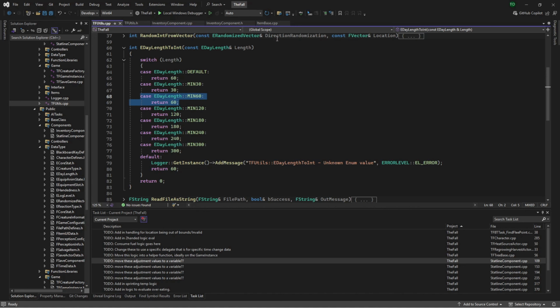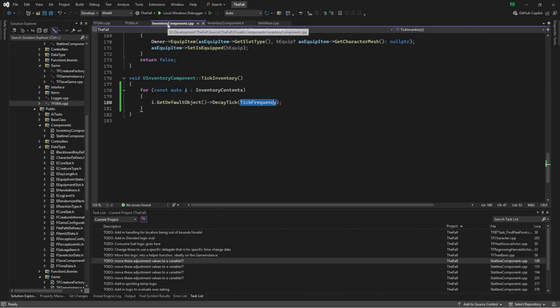I'm going to have 30-minute, which means I need to multiply by 2, 120 is divided by 2, 180 is divided by 2.5, and so on and so forth. So that is also something to keep in mind. If and when I do this, it's going to be a case of